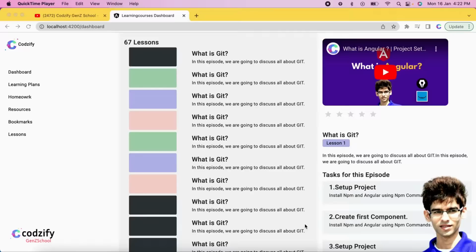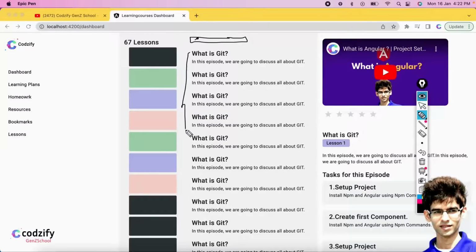The core purpose of this episode is to make you familiar with the concept of pipe. In this lecture, we will add a search box in our previous dashboard screen. We created this dashboard in our previous episode. In this we will add one search box, and the purpose of this search box is to search all the chapters which are written here. This is a static list which we have created.